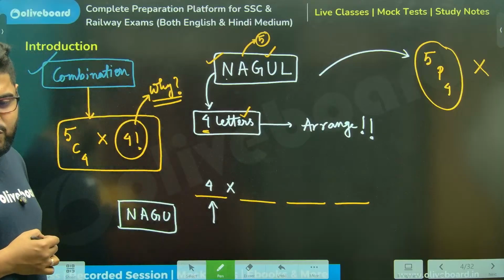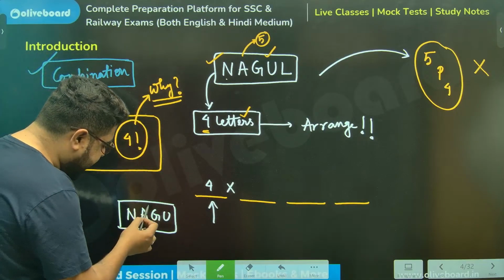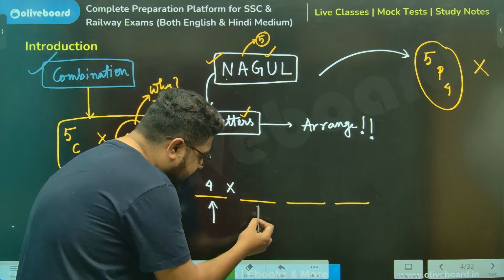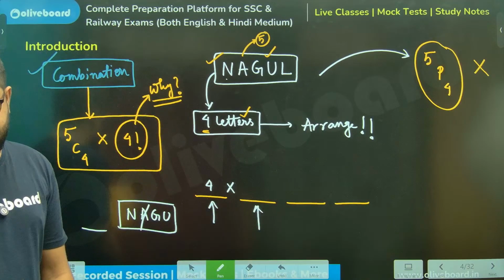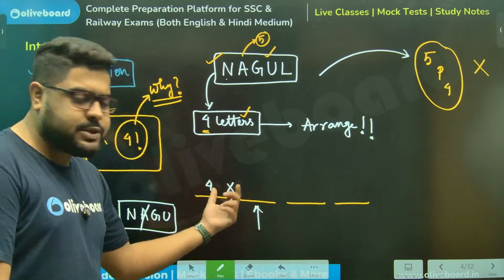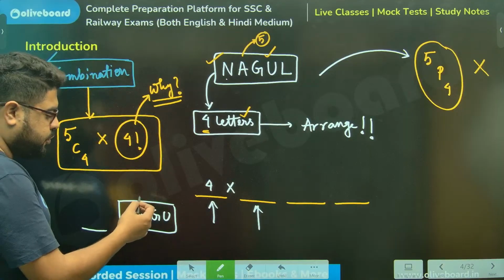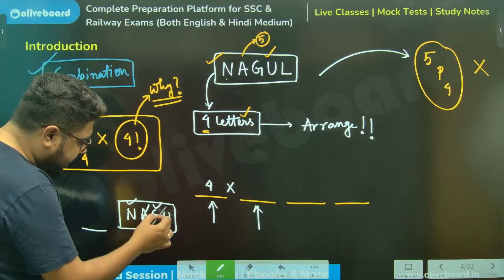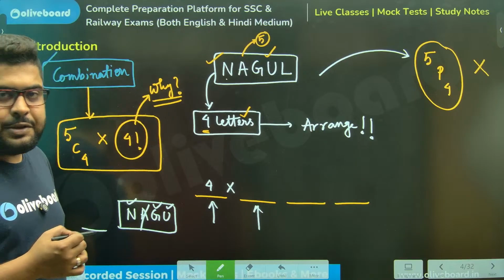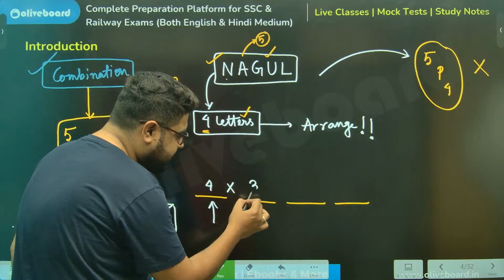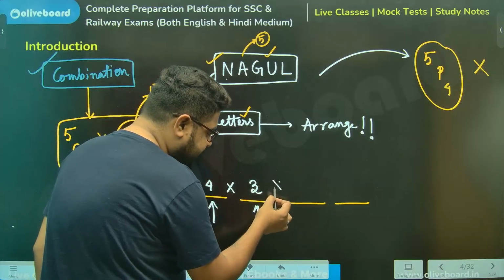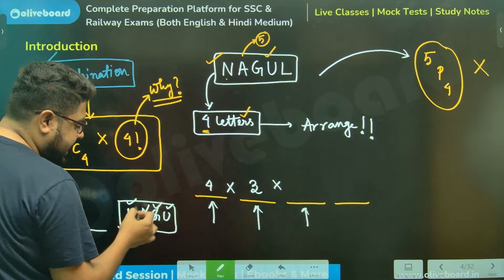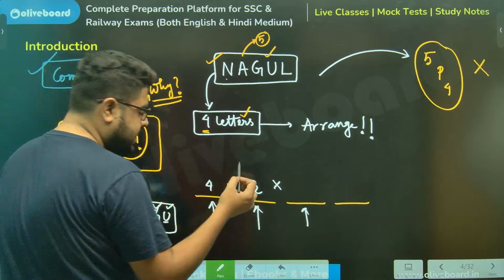Let's say I've put A. Done, A is gone. Now, in the second place, how many options do I have left? Sir, I have put A, let's say, so I have only 3 options now: N or G or U. Next, let's say here I have put G. In this place I have 2 options left, N or U. Let's say I put U.